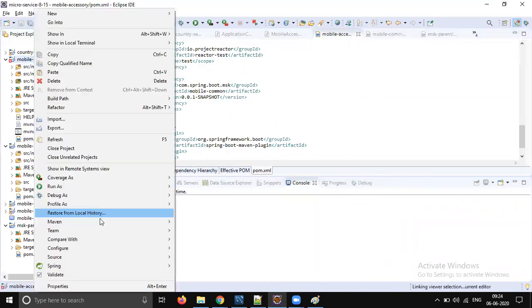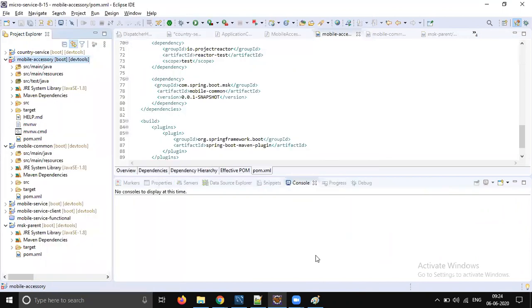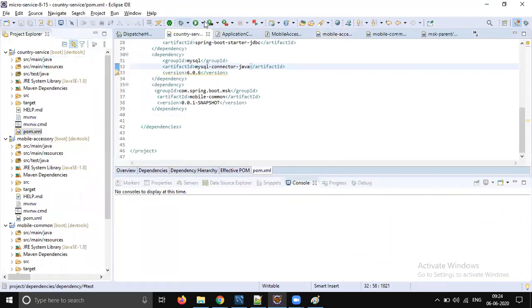After updating the parent, just do a Maven update. Okay, let's start the mobile service application. This time it should start.